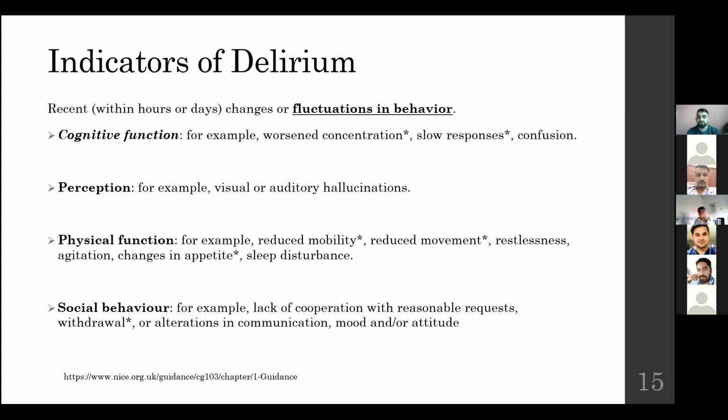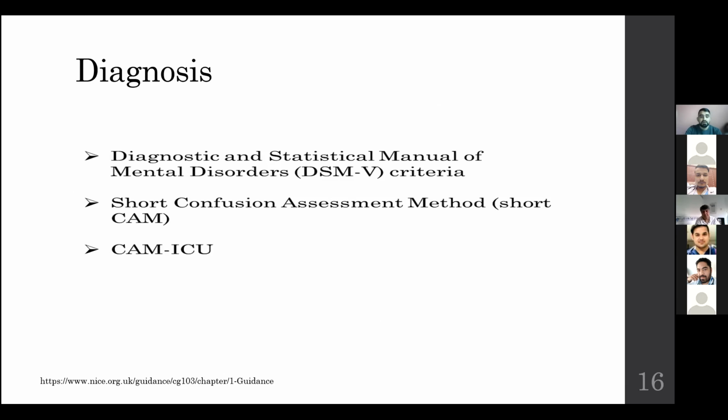And social behavior, like lack of cooperation with reasonable requests and withdrawal or alteration in communication, mood, or attitude, should be noted. This slide is helpful to identify the delirium case, as these types of symptoms are the indicators of delirium. Moving on. According to the NICE guideline,